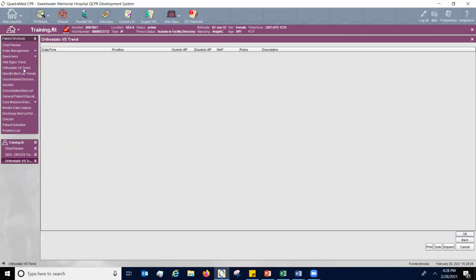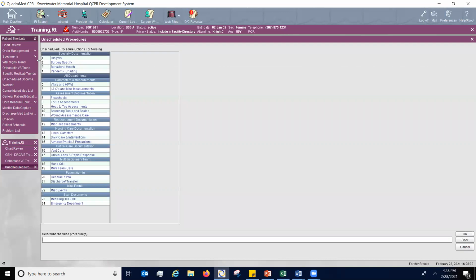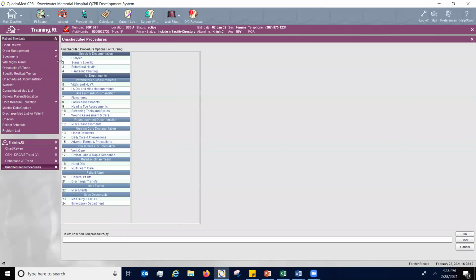Same with orthostatics. If that's ordered on the patient, this would be trended here. Very important to the surgery department, and going through the surgery department, is this unscheduled documentation. Unscheduled documentation is everything a nurse can document without an order, so standard nursing care. You're able to go into these things, and if you needed to put in an extra set of vitals or height and weight, you would simply go under these